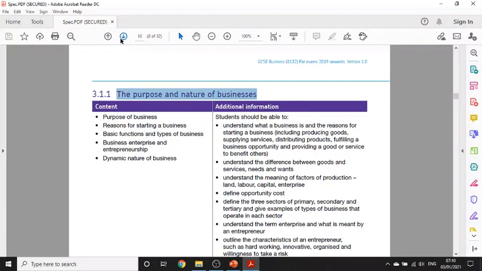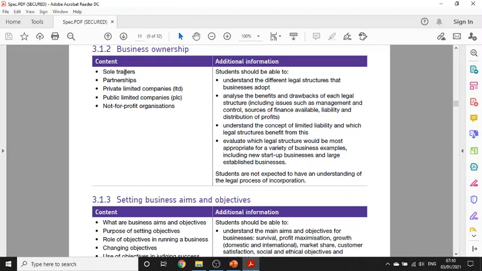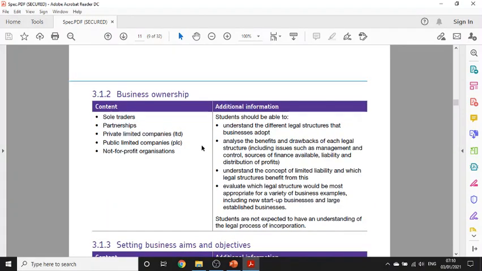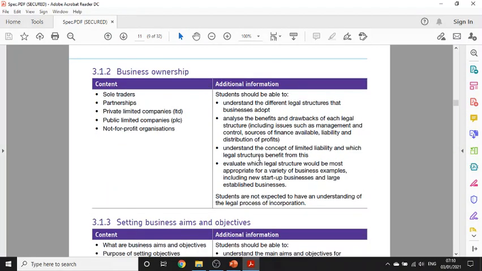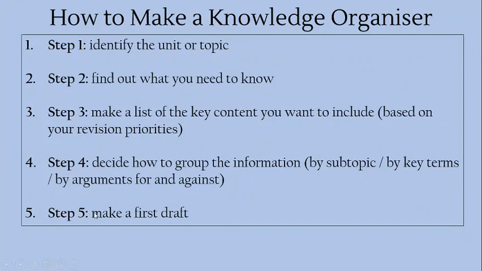You can see there's the purpose and nature of business, business ownership, setting business aims and objectives. All of these are key topics. You'll notice that I could even do a knowledge organiser on each of the subtopics within that. You know, I could do a whole knowledge organiser on business ownership. But the key steps 1 and 2, identify the unit or topic and find out exactly what you need to